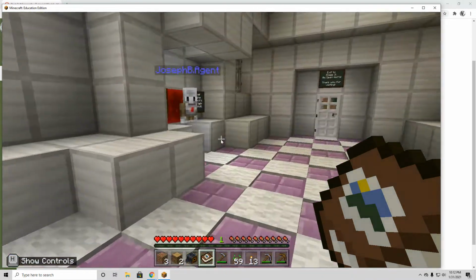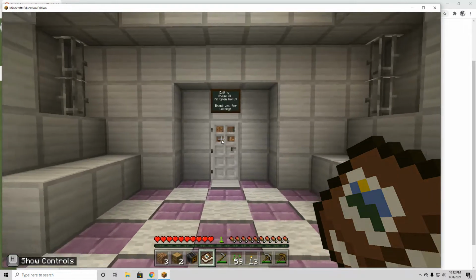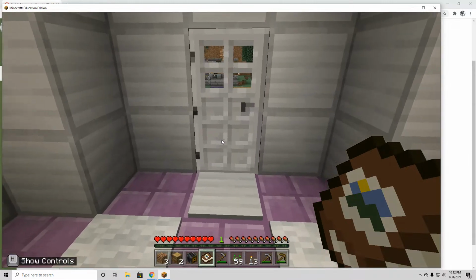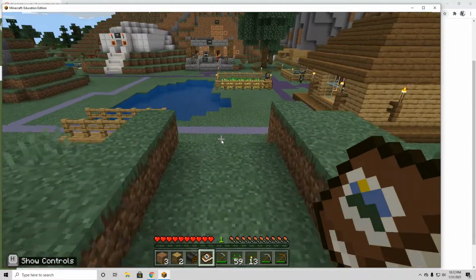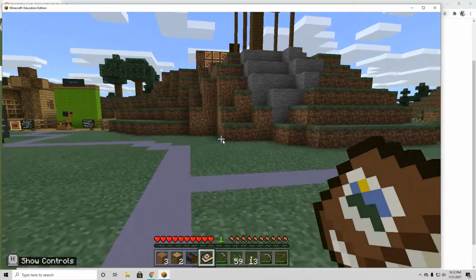You can see here's our agent bunny. We've already been learning a little bit about our agent. I'm going to exit back to stage 3. Should go back to here. And then what I want you to do, so now they have a portfolio. Now that you have a